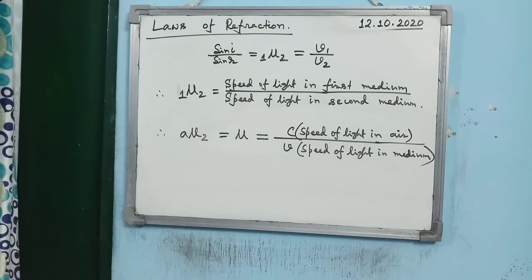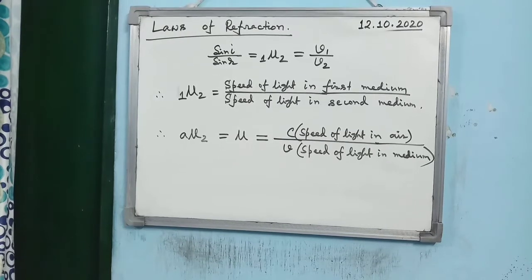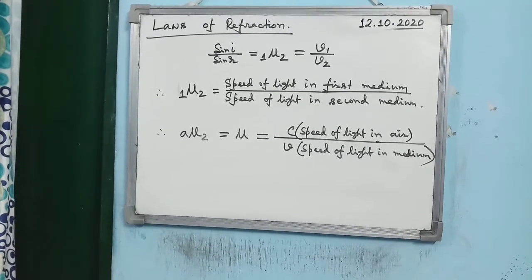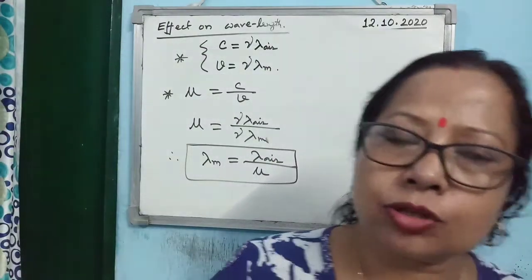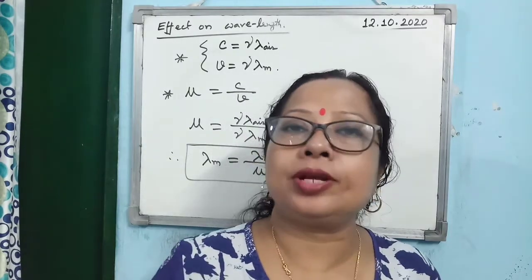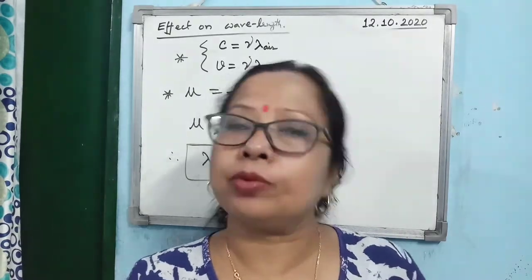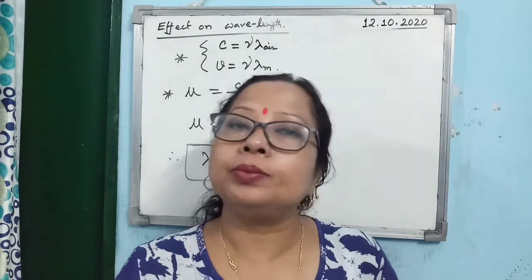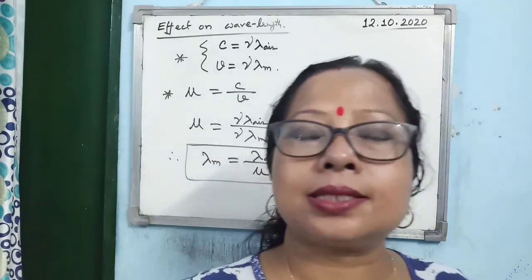So from Huygens principle, not only can you prove Snell's law, you can also get the relation of the absolute refractive index and relative refractive index with the speed of light in free space as well as in the medium. Now the last topic of this chapter: when a light ray travels from one medium to another, how does its wavelength change? You already did this in 10th standard, and you know this is a basic characteristic of the electromagnetic wave. When the electromagnetic wave travels from one medium to another, the frequency of the wave remains the same, but the wavelength changes. You studied it in the 10th standard spectrum chapter.